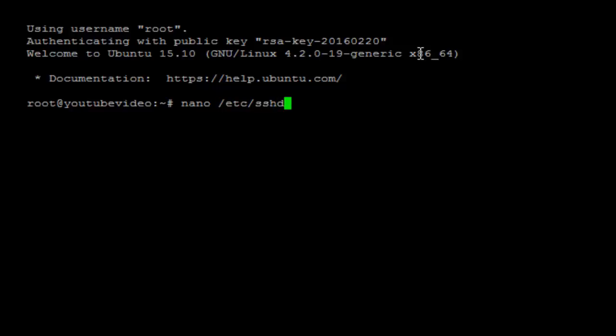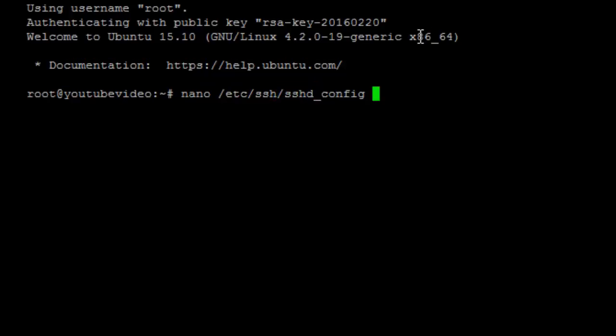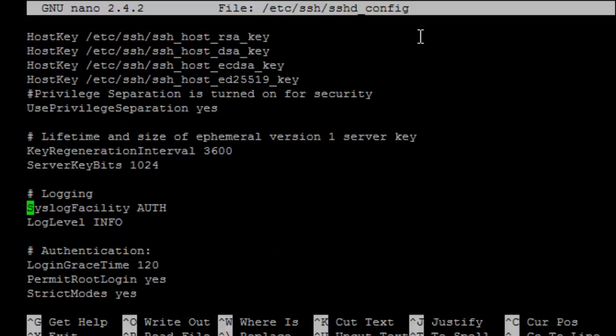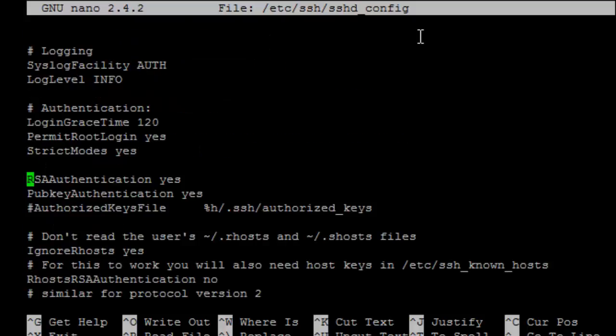So the next step is to go to nano /etc/ssh/sshd_config. So you can see this is the configuration file for the SSH service, the SSH server. I'm going to ignore all this other stuff for this video. I'm going to scroll down with the down arrow to where it says PermitRootLogin. I'm going to scroll over,